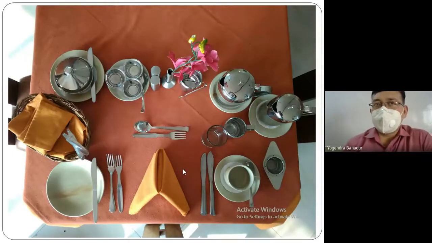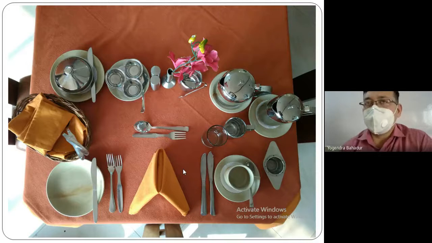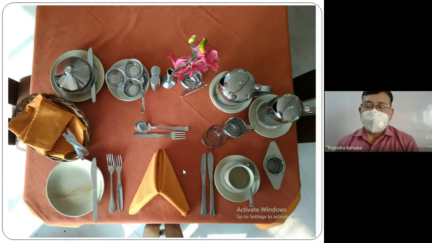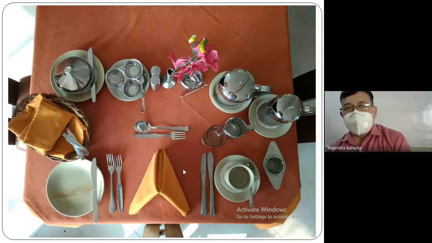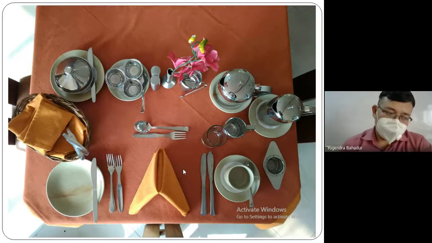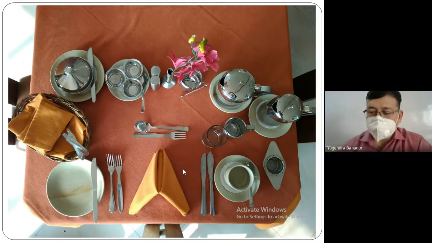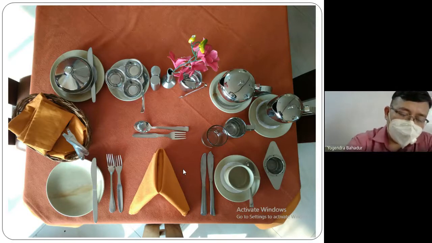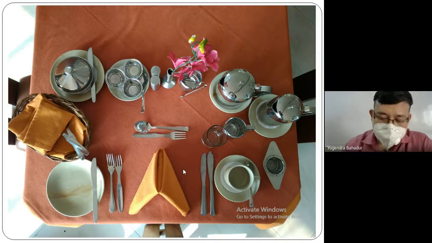American breakfast is to be considered as the middle breakfast. Middle breakfast means it is not too heavy like English breakfast, and it is not too light like your Indian breakfast, or maybe your continental breakfast. So what are the things that are part of your American breakfast? Generally, while serving the American breakfast, whenever the guests arrive, we start by serving a glass of chilled water to the guest.